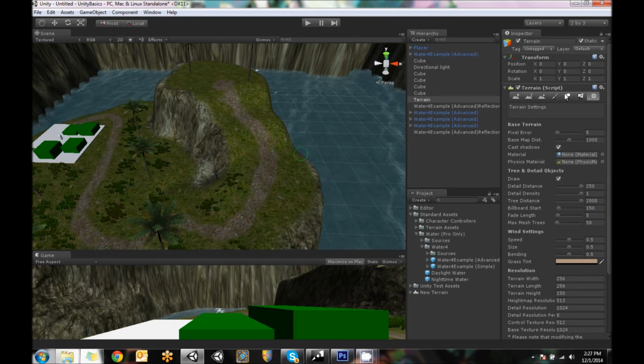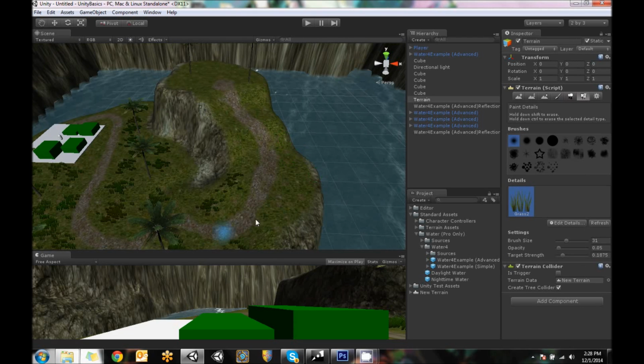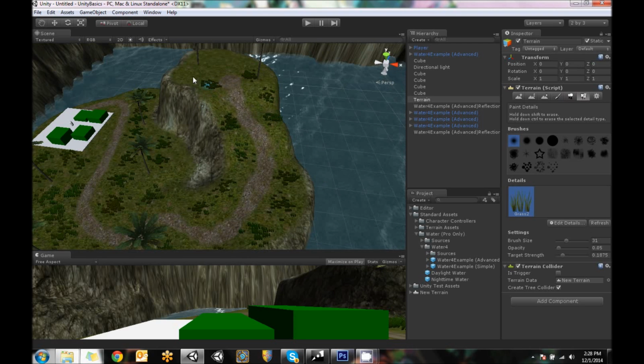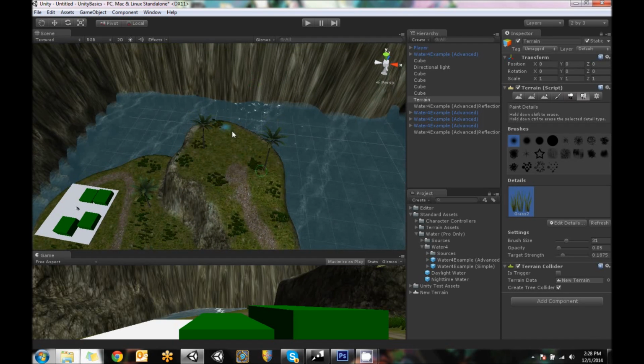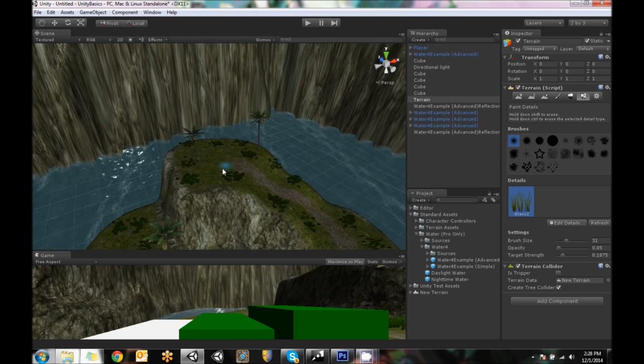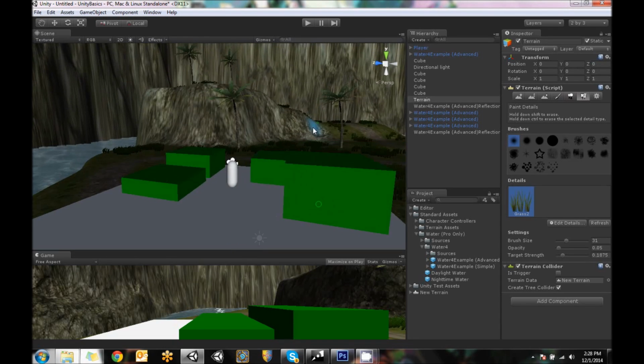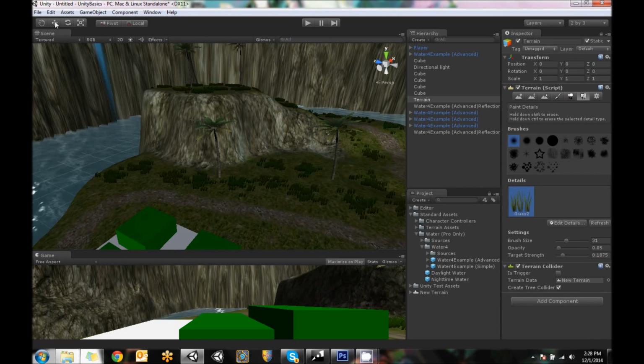let's keep painting some grass. Fill this grass up some more. Plop, plop, plop. Okay, here's our hill, and just make a clearing there. And now, if I hit play,